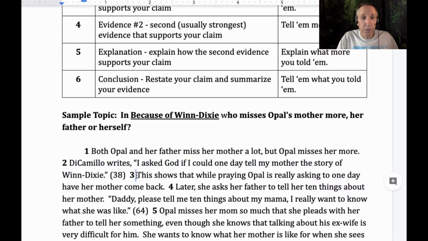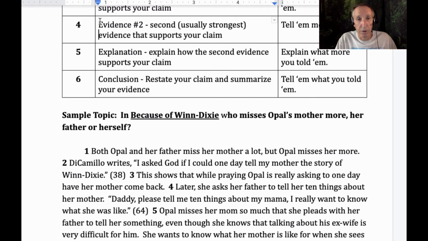And then sentence number 3 is my explanation. So I don't want to just put in my claim and then say, here's some proof. I'm also going to explain it. This shows that while praying, Opal is really asking to one day have her mother come back. All right, it's a little different than the notes I took over there, but I think it explains it a little better. All right. My second piece of evidence